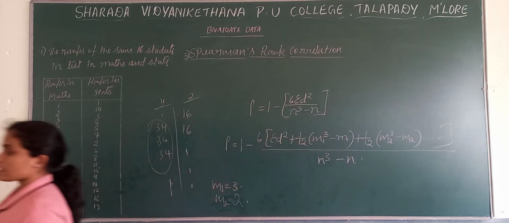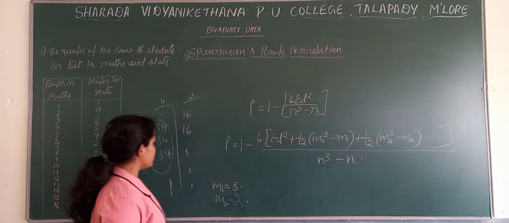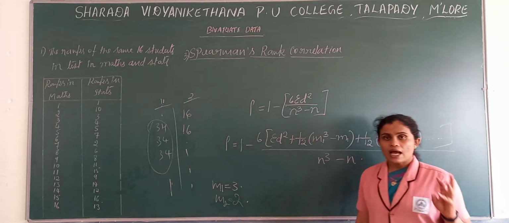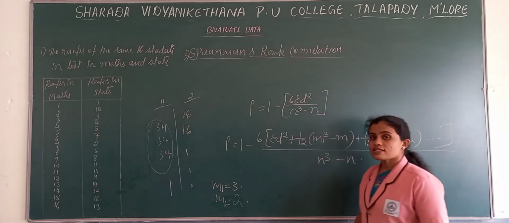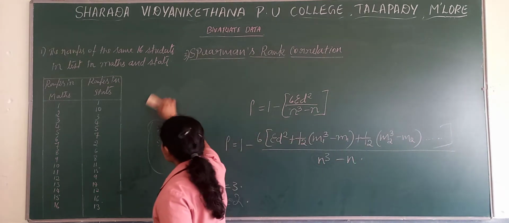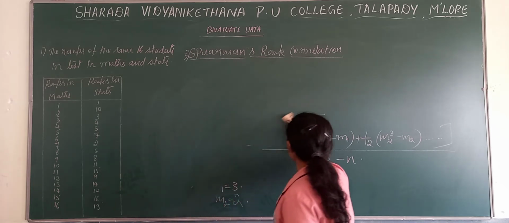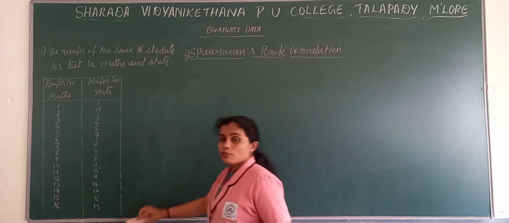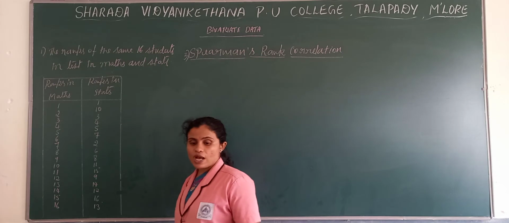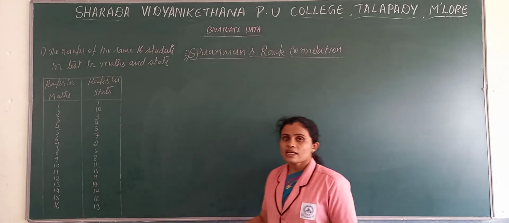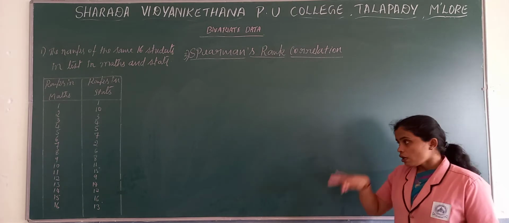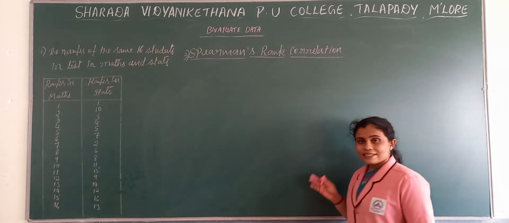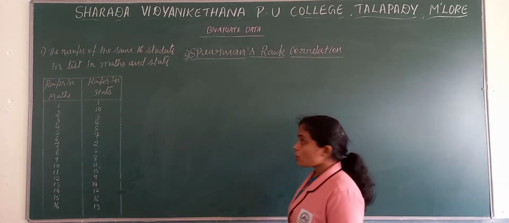Only two formulas are there in the case of Spearman's rank correlation, and it is very easy. Here three kinds of problems are there, and I will work out all three. The first kind is where ranks are already given: you just find the deviations and substitute into the formula. In the second kind, ranks are not given, only marks; you have to assign the ranks and then apply the formula. The third type is where marks repeat. These are easy problems, so concentrate. We'll solve the first one now.